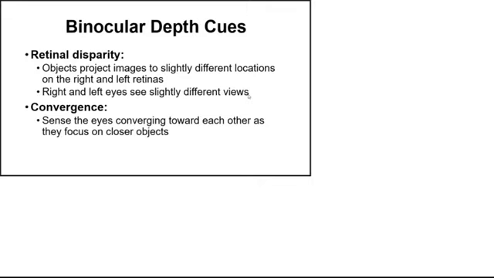And you don't have to close one eye and then the other, but that's the easiest way to notice it. When we're looking at things in the world, we're just passively aware of that. So they see slightly different views, and our brains can interpret the amount of difference as how far or close something is. And the next one is convergence, and this is an interesting one where you can actually,